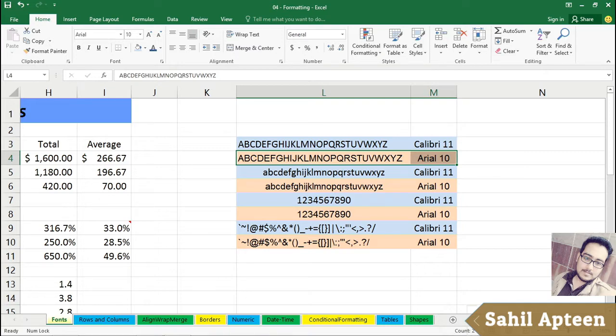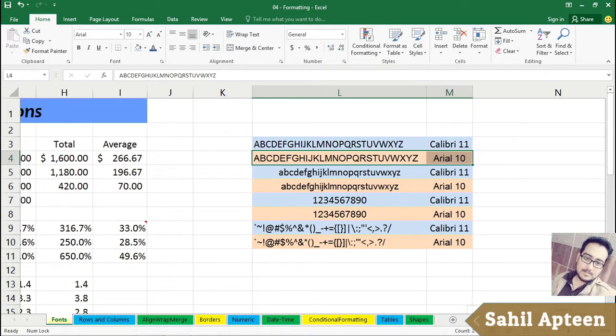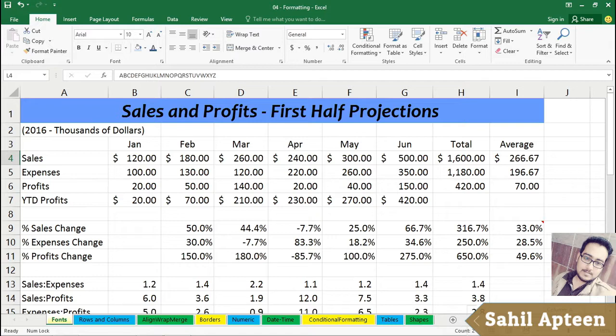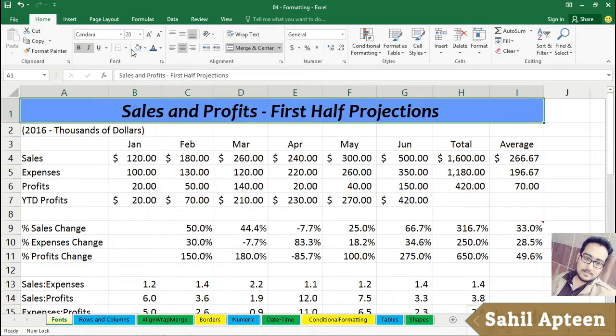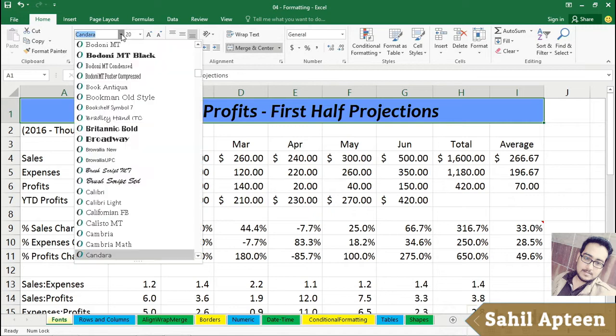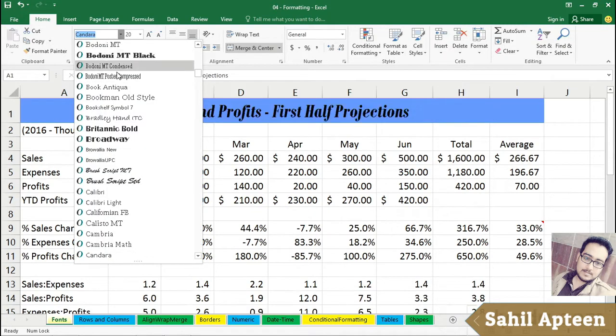Sometimes you're looking at a worksheet, it might look a little strange to you or funny. Maybe it's Arial size 10 instead of Calibri 11, or vice versa. It's what you're used to that counts. There will be times too when you want to change the actual font, for example on a title. So I'm clicking on this merged cell that appears across the top of the worksheet here. On the Home tab next to Calibri is a drop arrow, and I can slide over some other choices here